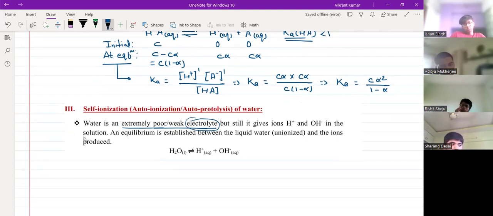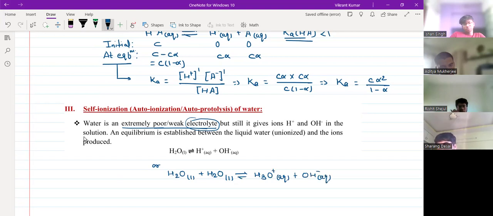इसका एक और तरीका हो सकता है. We can also write H2O liquid plus another molecule of H2O liquid is going to give you H3O+ liquid plus OH- liquid. Why are we writing that? Chemical bonding में जब पढ़ाया था H+. What is H+ actually? Anyone? What is H+? When we say H+, what does it mean? Proton. Proton simply, है ना.